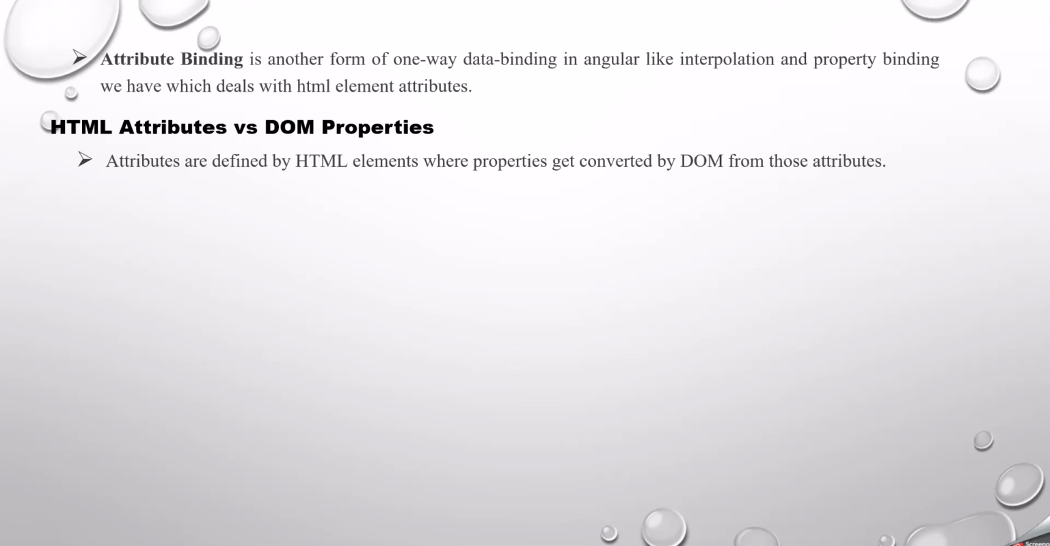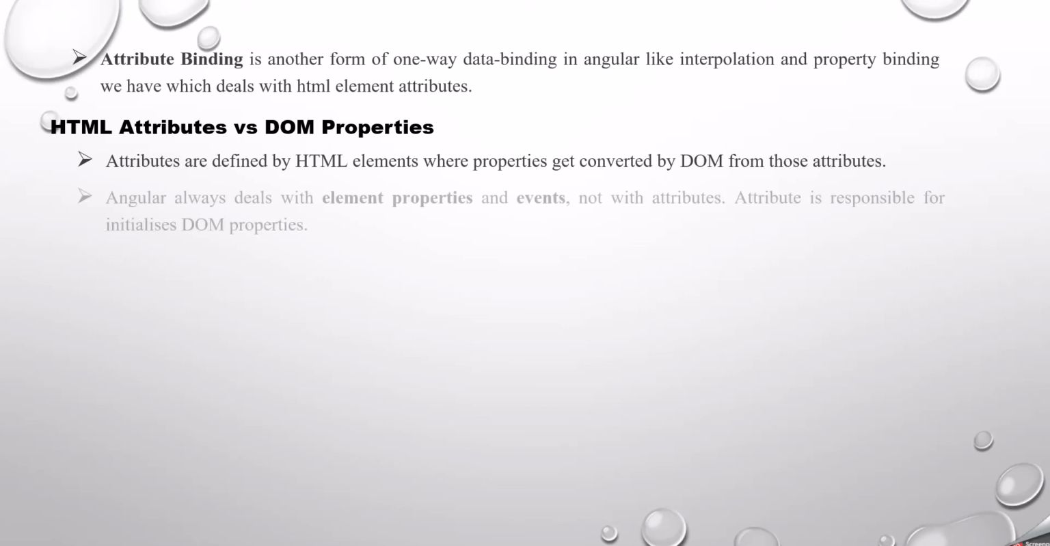properties and its attributes, those we have in HTML elements, like we have ID, and maybe colspan. So there are some attributes getting rendered into properties by the DOM. But colspan is something different, which we are going to discuss in the next slide. Okay, let's move on: attributes are defined by HTML elements, whereas properties get converted by the DOM from those attributes